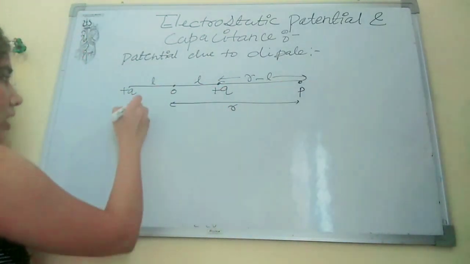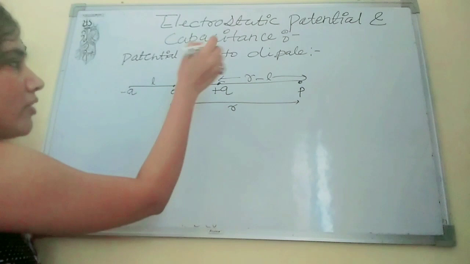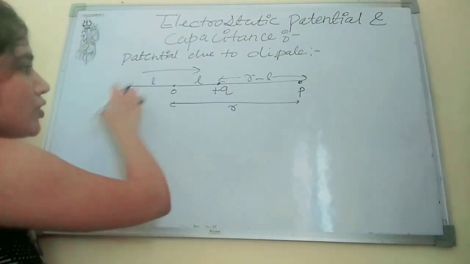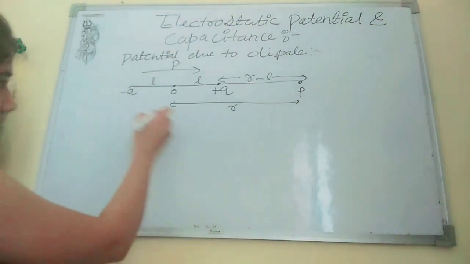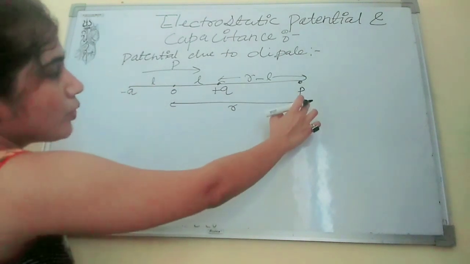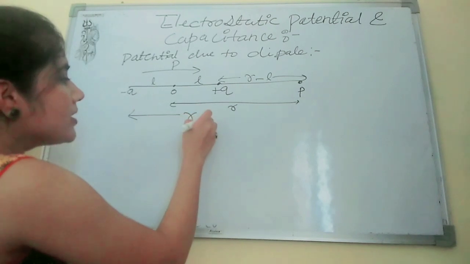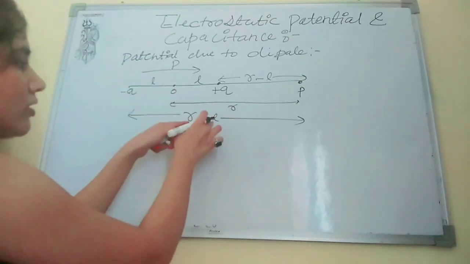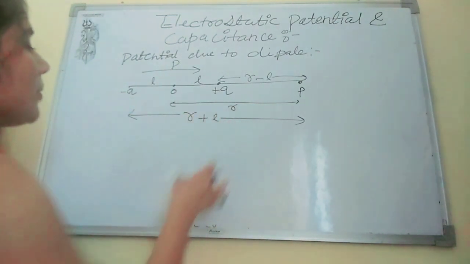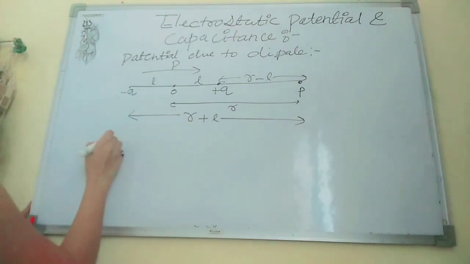And this is the minus q charge, because the dipole moment always lies from minus q to positive q, so the direction will be this side. And from this minus q to this point P the distance will be r plus L, because this is the distance r and this is the distance L, so both distances will be added here, that is r plus L. Now simply we will see the potential at this point, that is V minus q, because of the minus q charge.